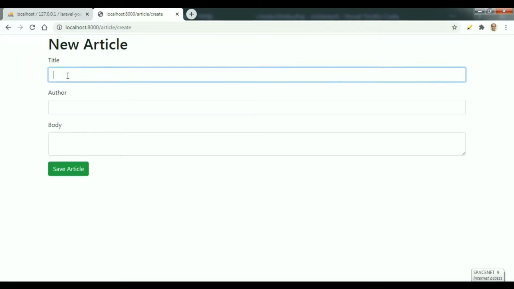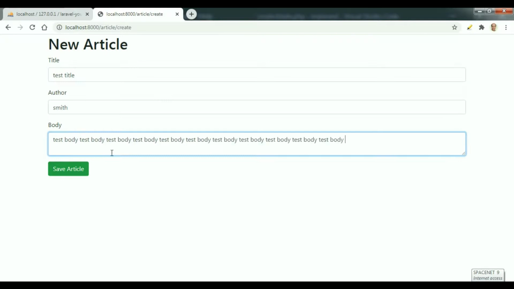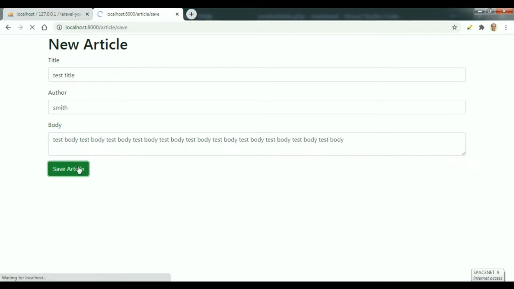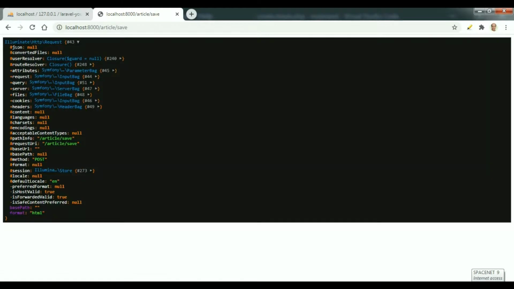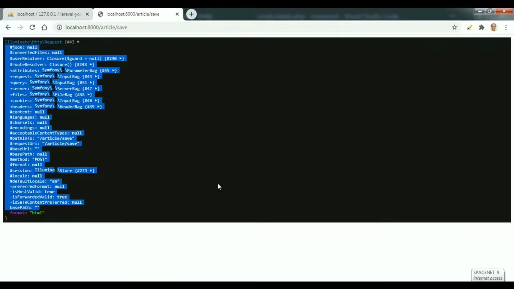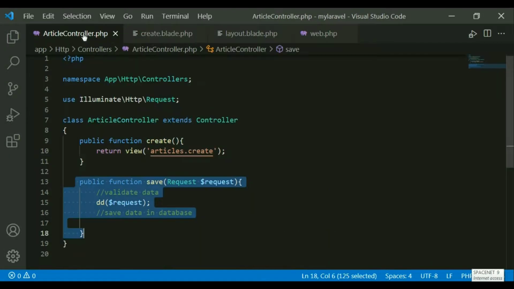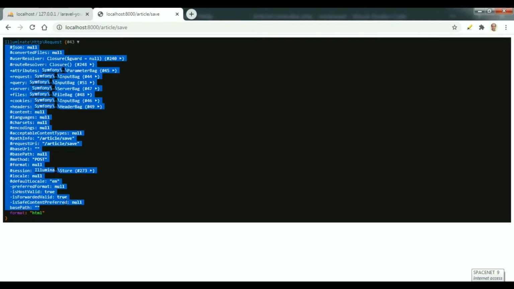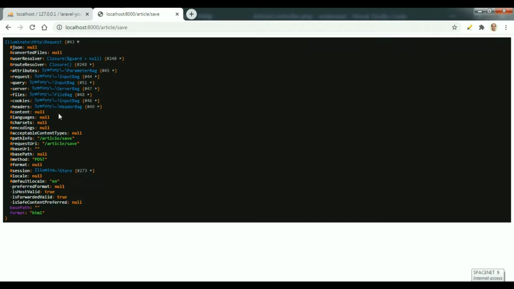So I have to enter some data here, paste it here and save the article. Then you see this dd, the dump. This particular thing is displaying because of the controller, which has a dd here, line number 15. Here, if you see, it is showing all the information after submission of the data.